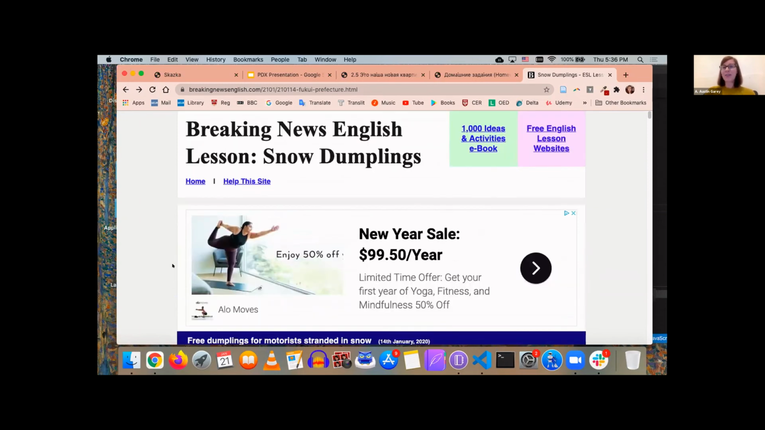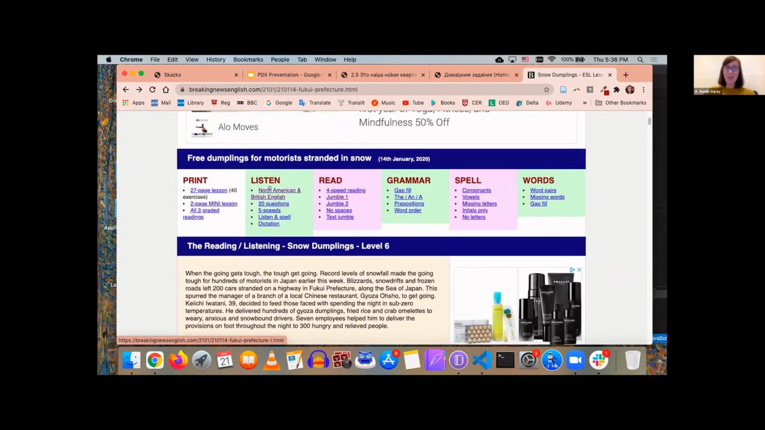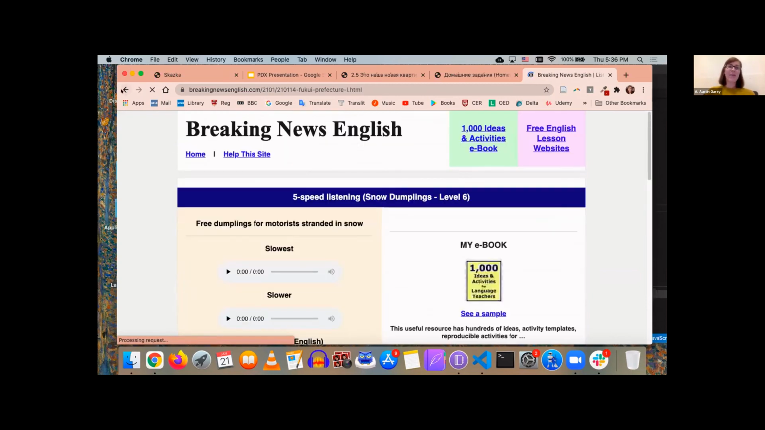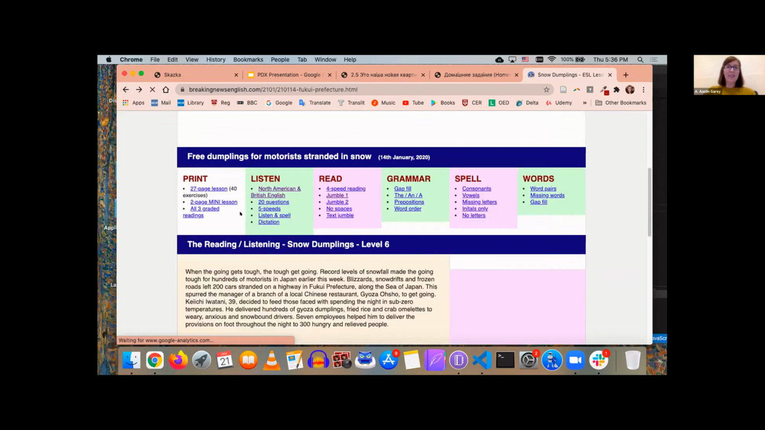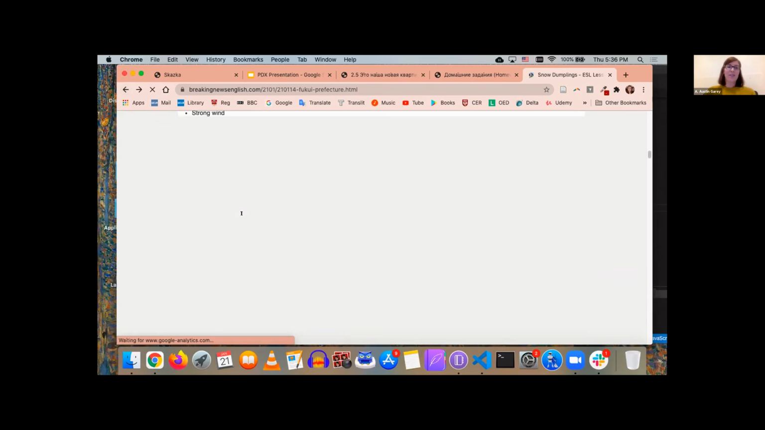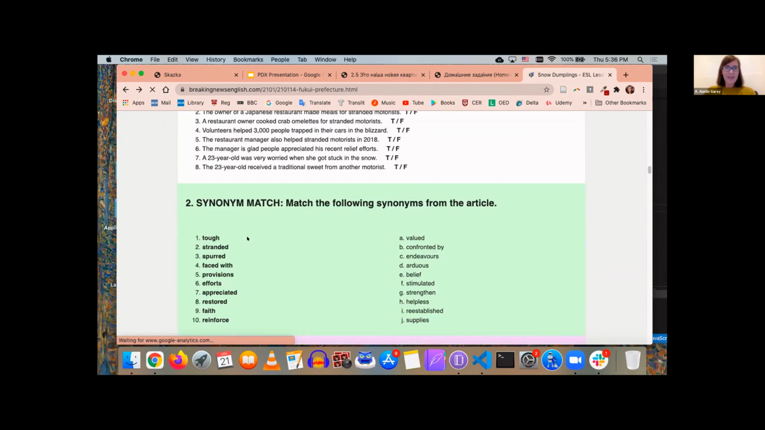But look at this website. It's really hard to use. It's got ads all over the place. When you click on these links, more ads might come up. The audio, it closes the window, so it's not embedded. And then you have to go someplace else and scroll down to get the activities, which no one's going to do. If you look at these activities,